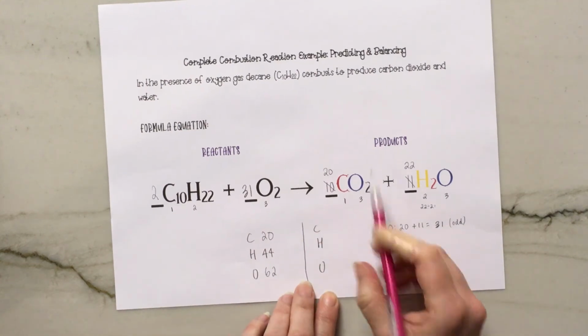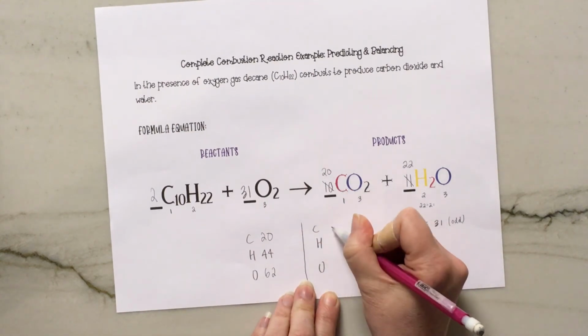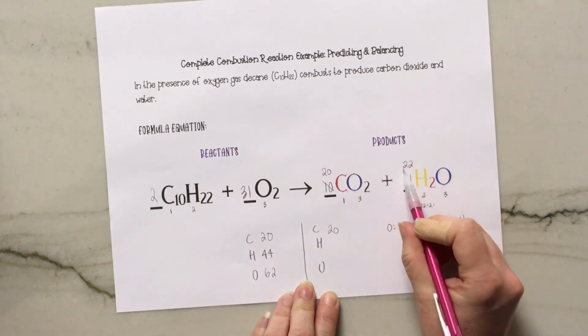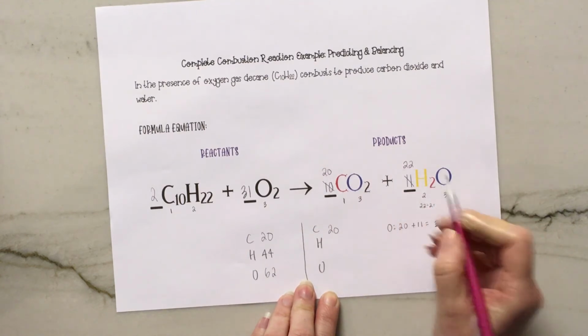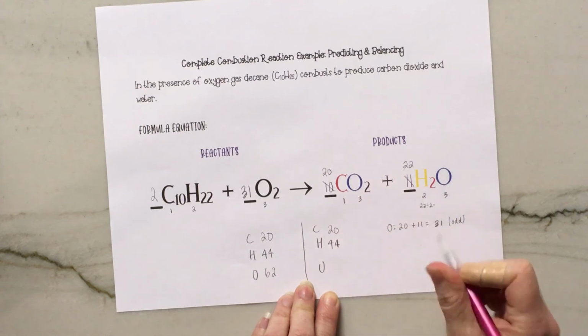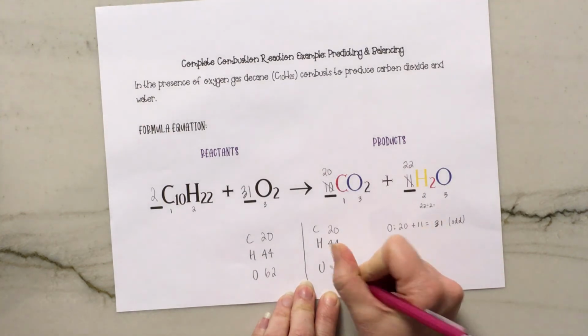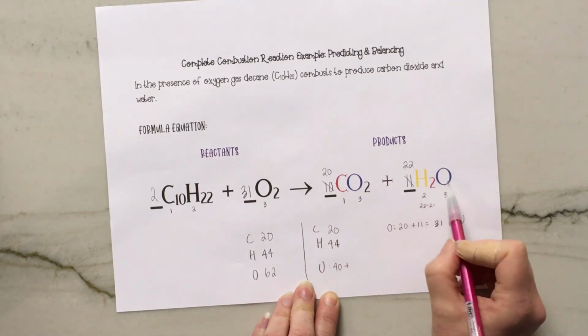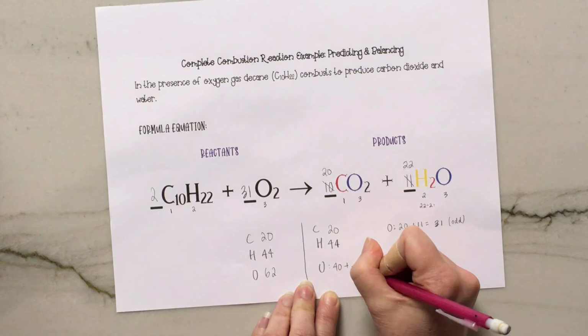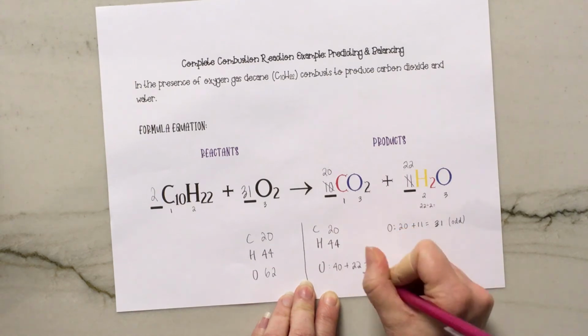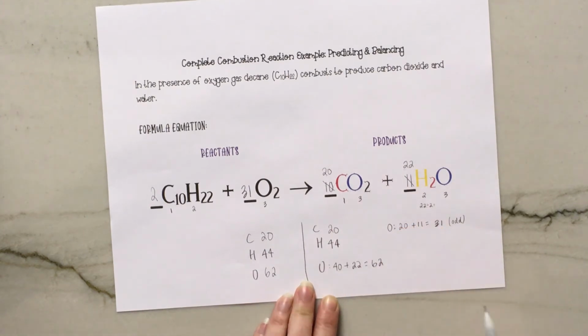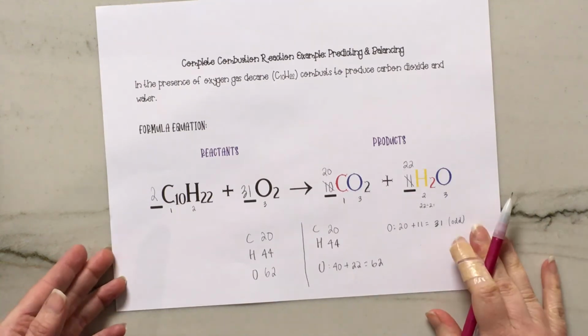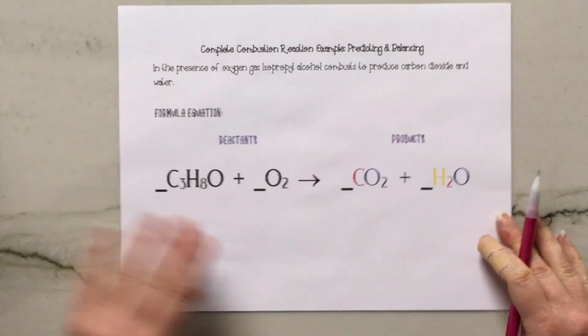On our product side here, 20 times an understood 1 is 20. 22 times 2 hydrogens is 44. And our oxygens, 20 times 2 is 40, plus 22 times 1, 22. 40 plus 22 is 62. So it's balanced. Okay. The last example that I want to show you today is one that has an oxygen